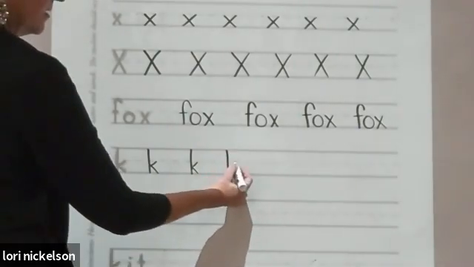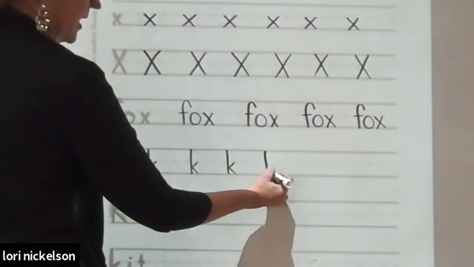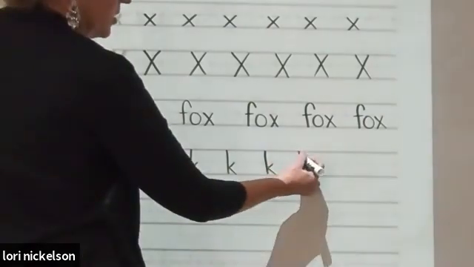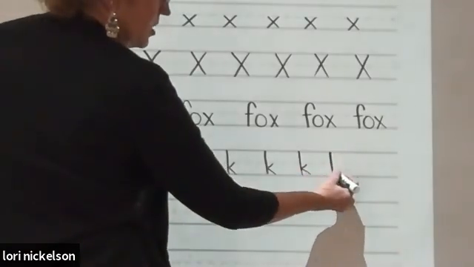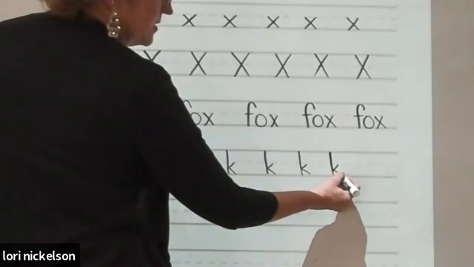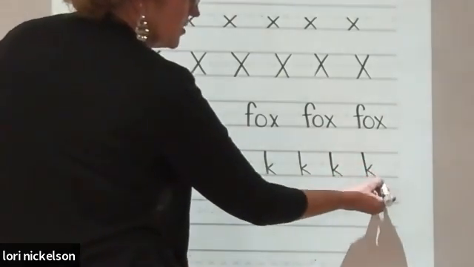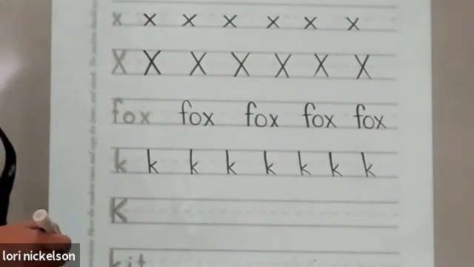Long line down, diagonal left, diagonal right. Long line down, diagonal left, diagonal right. Great job, guys. Now, let's make our capital K, and it's made similar to the lowercase k, except for our